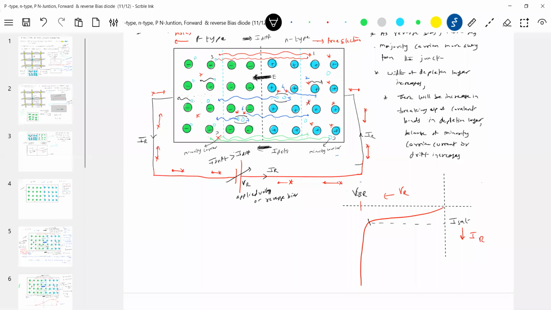Like what I wrote earlier. What is the order of this? Of 10 to the power of minus 12, 10 to the power of minus 9, or 10 to the power of minus 10? What is the reverse saturation current? Why? Because it is minority carrier current. Though the width of depletion increases and more covalent bonds break up, still when you go and check, this current will be of the order of 10 to the power of minus 9 ampere, or microampere. Very small current. Practically this I saturation is of the order of micro or nano ampere. In books, they just put 10 to the power of minus 10 ampere.